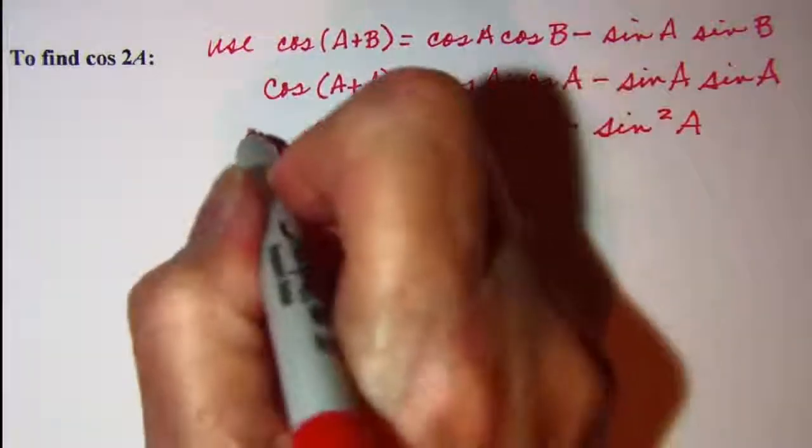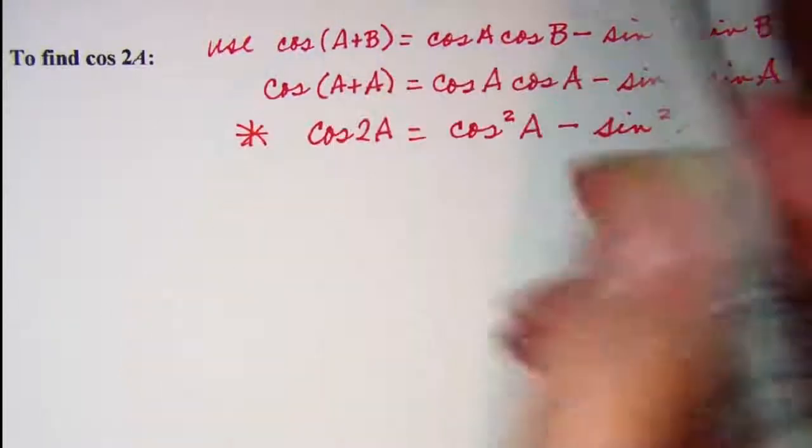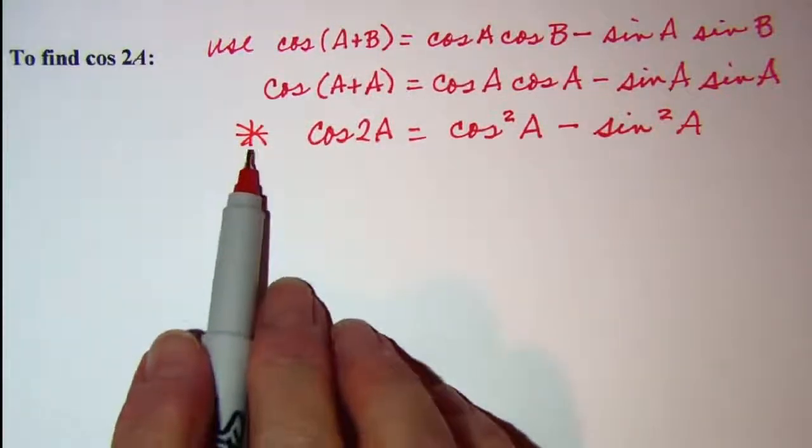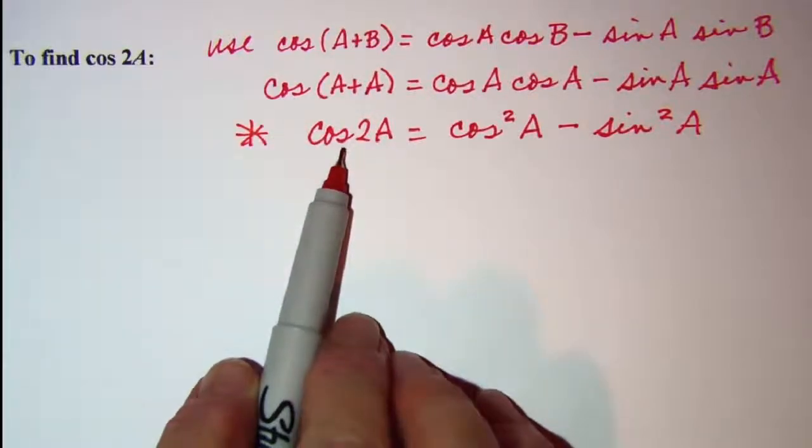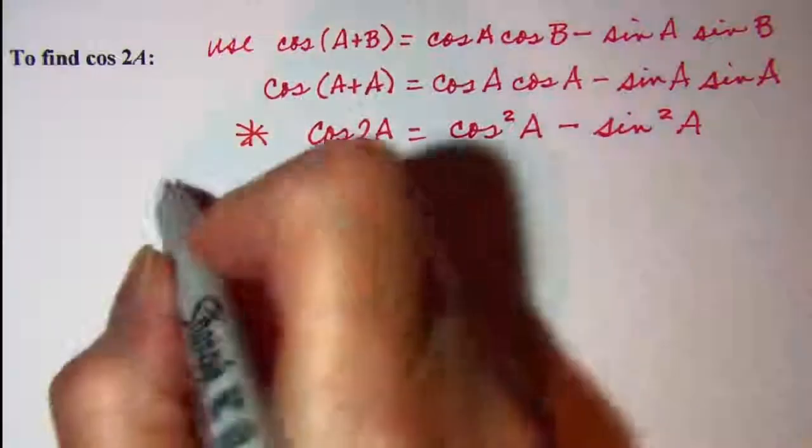So this is one of the double angle identities for cosine. Now we can get two more using